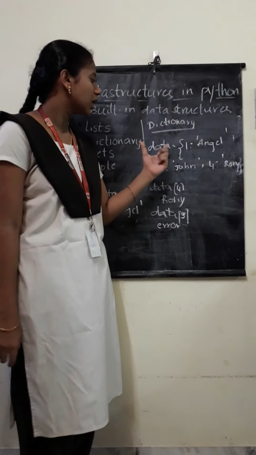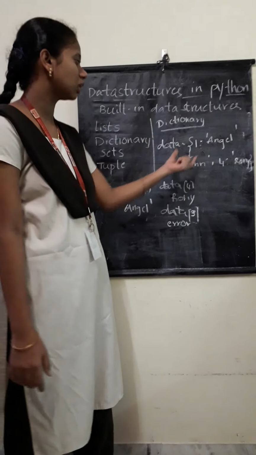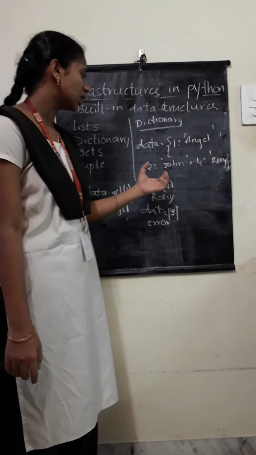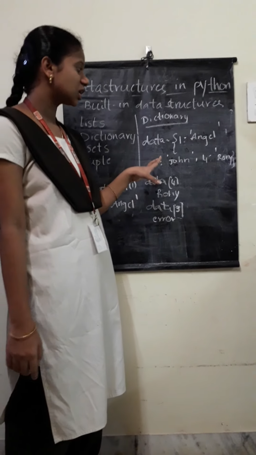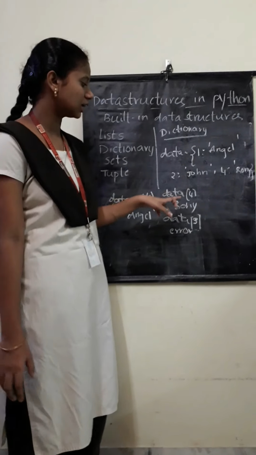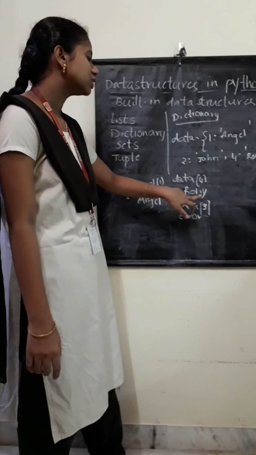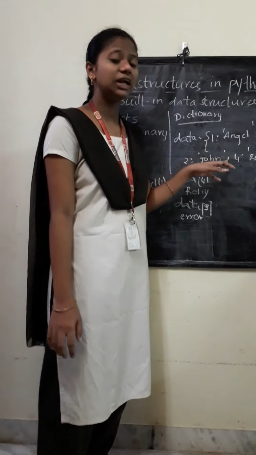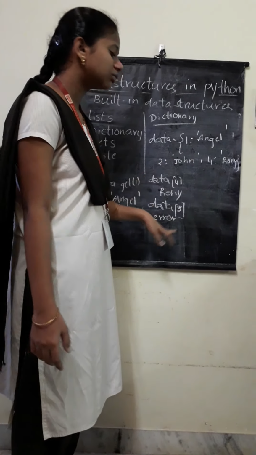Here is the dictionary data type. In the dictionary data type we can assign a string to a key. Here data equals key 1 to string Angel, the second string John, and the fourth string Ronnie. Here we can use the key to find the string assigned to that key. So data[4] means in key 4 the string is Ronnie, so it will print Ronnie. And data[3], because we didn't take any key 3 and didn't assign any string to it, will give us an error.